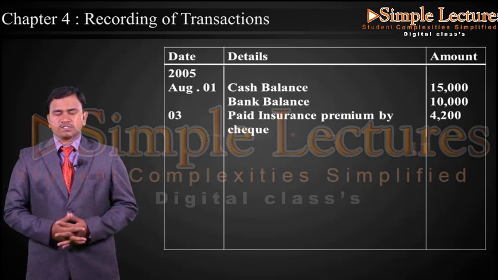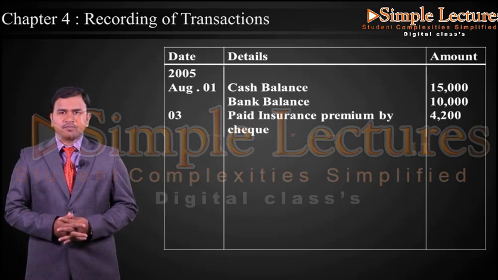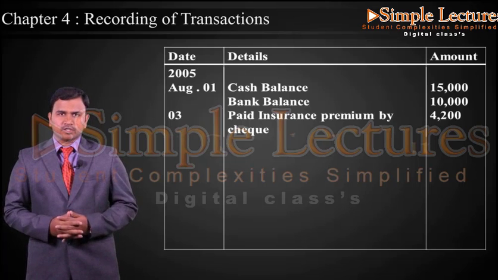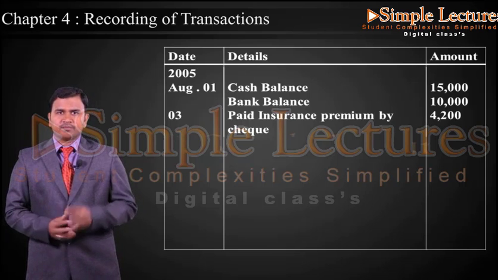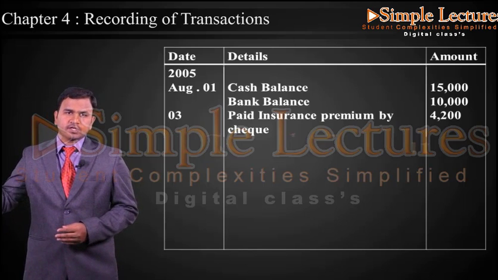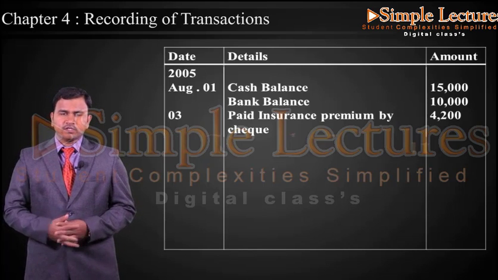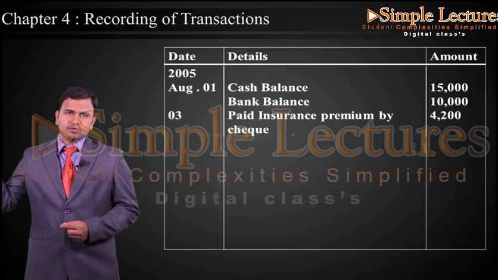Next transaction we have on August 3rd: paid insurance premium by check 4,200, which is a payment that should be recorded on the credit side, but it is paid through check. So the amount should be recorded in the bank amount column. So let us take the credit side, the date will be August 3rd and the entry will be by insurance premium, and in the bank amount column